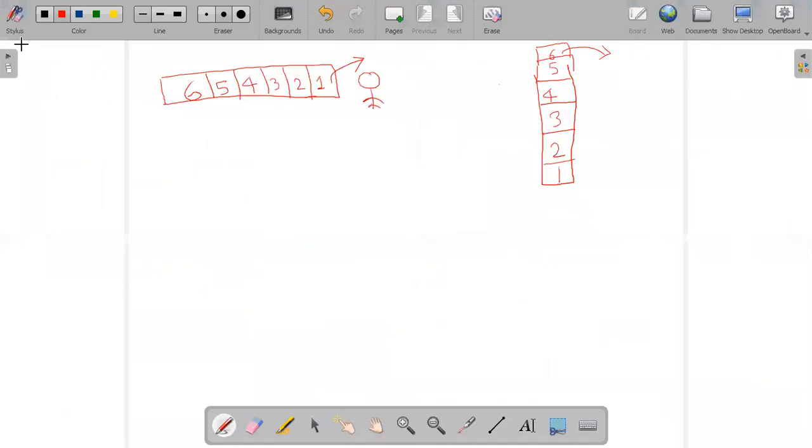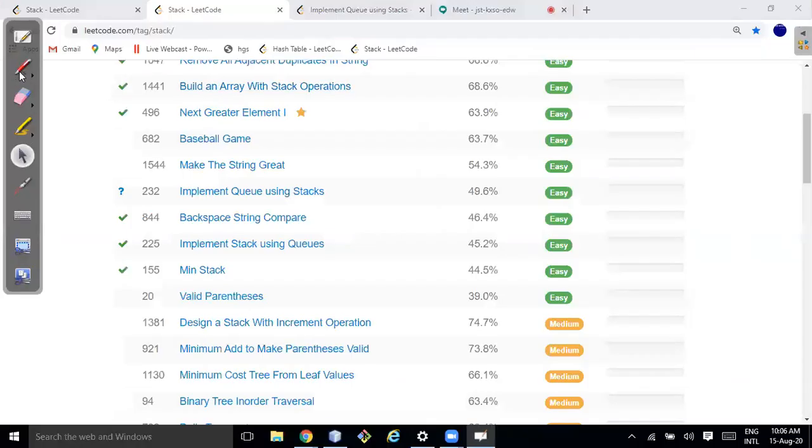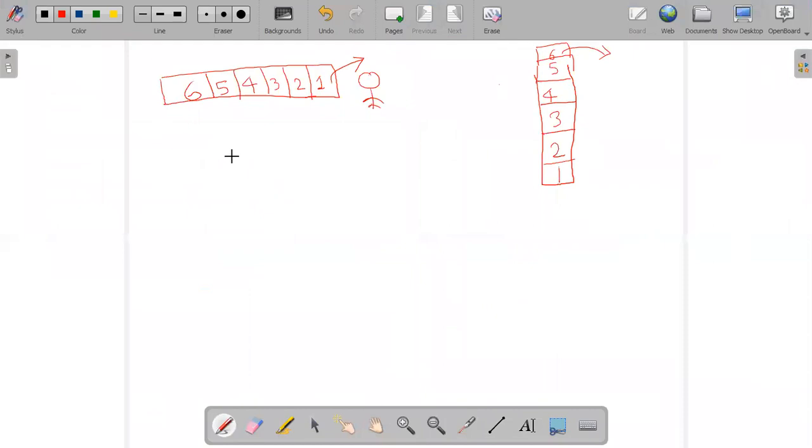Okay, so how can we implement a queue using this stack? To implement it, I need some mechanism so that if I have to pop, I can pop one. Okay, how can we do that? Let's think about the solution.